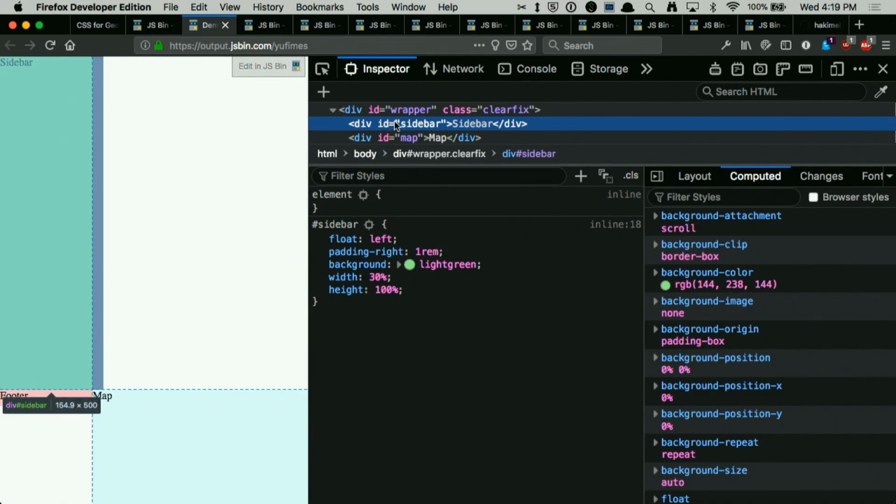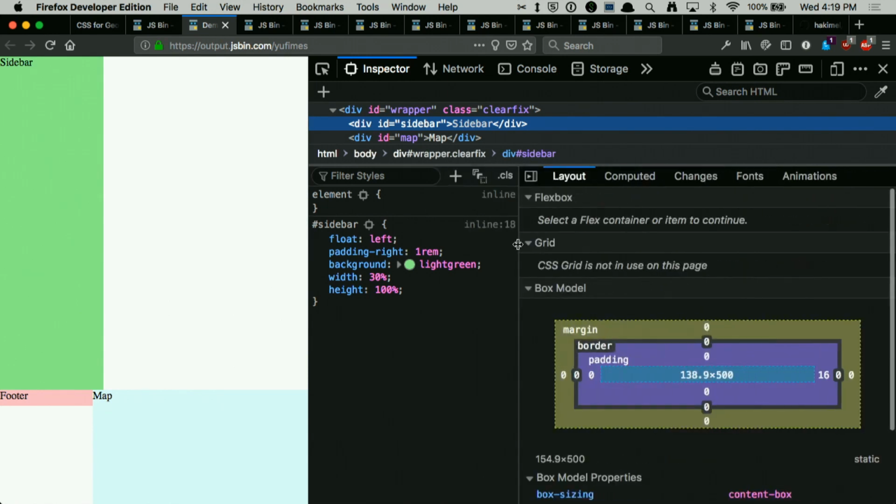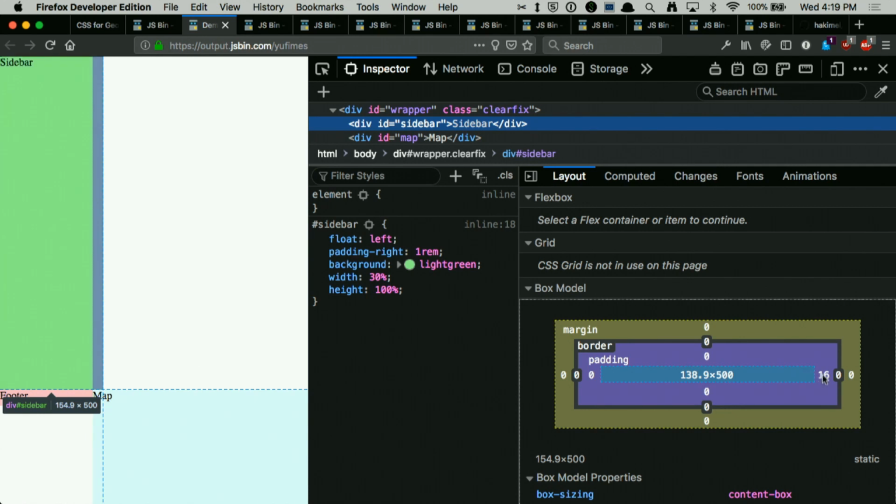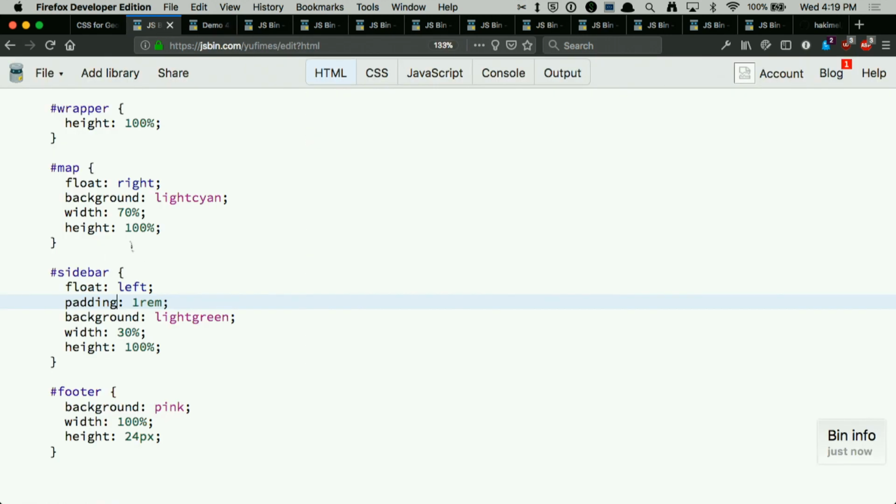You can see that this is indeed 30% the width of the page, but if you look at this layout, this is the box model. 30% the width of my page is 138-ish pixels, and then I have padding, and then I have a border, and then I have margin. Box model is how the browser measures things. So in this example,